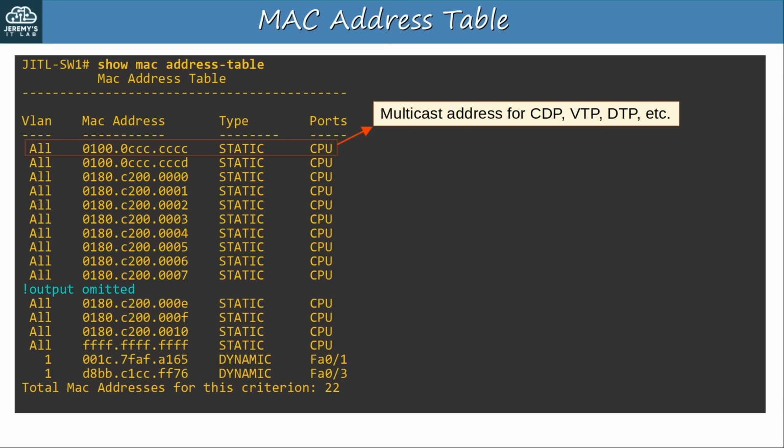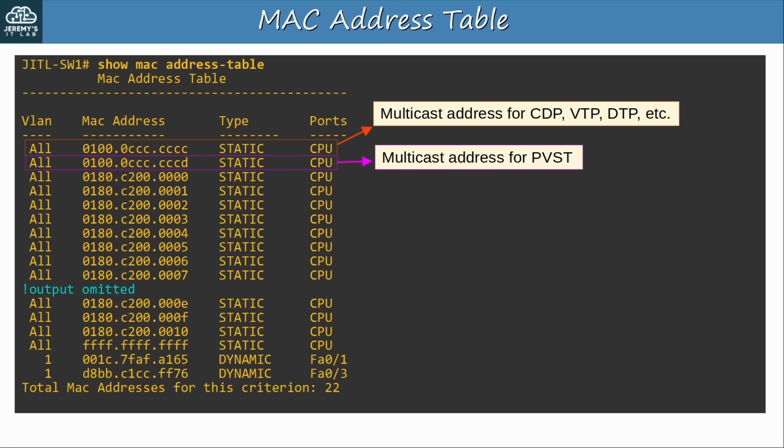For example, this first entry, 0100.0CCC.CCCC, is a multicast MAC address used for protocols such as CDP, VTP, and DTP. Notice that under the ports column it says CPU. This means when a switch receives a frame with this destination MAC, it should send it to the CPU for processing. Otherwise, it would merely flood the frame, and wouldn't actually look at the information inside the, for example, CDP